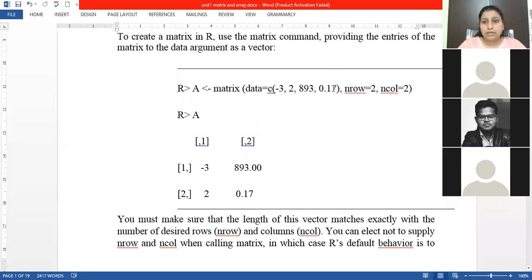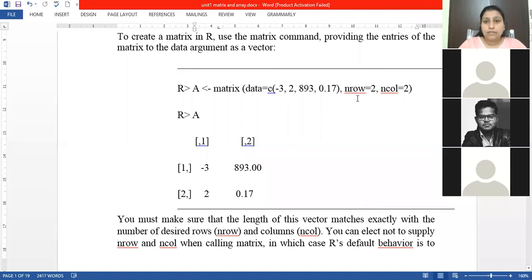After defining 4 different values, I have to give the dimension of the matrix, which is defined by the number of rows and the number of columns. As I have taken 4 values, I have defined the matrix as 2 cross 2, where 2 rows are there and 2 columns are there. By performing these instructions, we can store a matrix of 2 cross 2 order, having the values -3, 2, 893 and 0.17. If we print this matrix A, it will give this result.